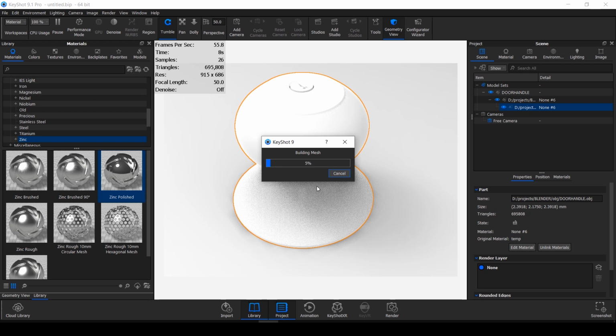After clicking on separate objects, KeyShot does some calculation, building mesh, building vertex connectivity and building edge connectivity. Okay, the more complex body you have, the more time it will take. Suppose you import a car model, then it takes a lot of time depending upon your computer processor power.